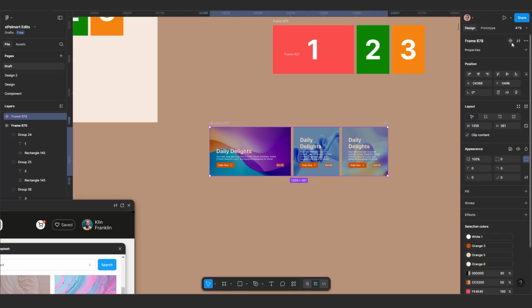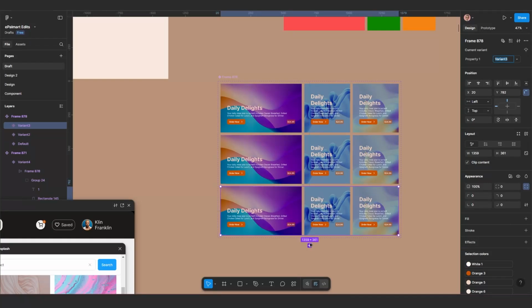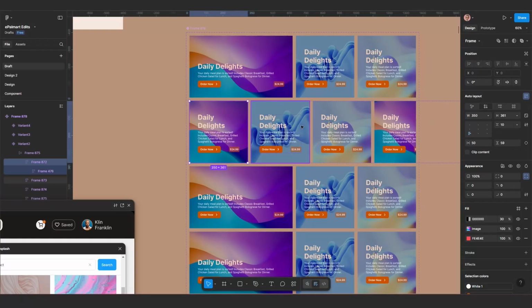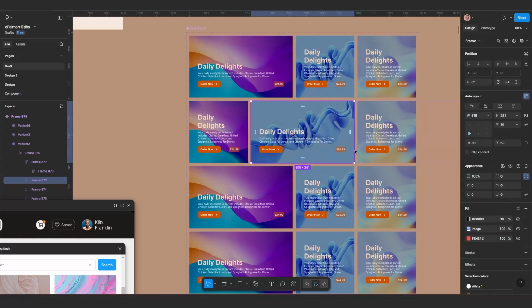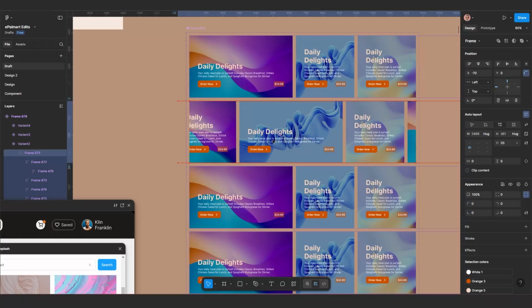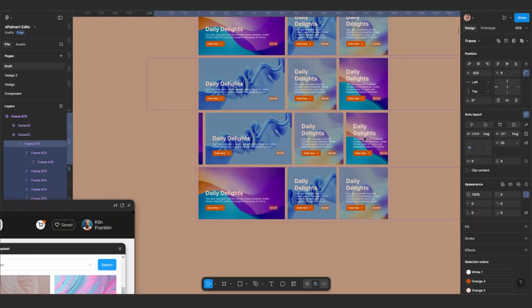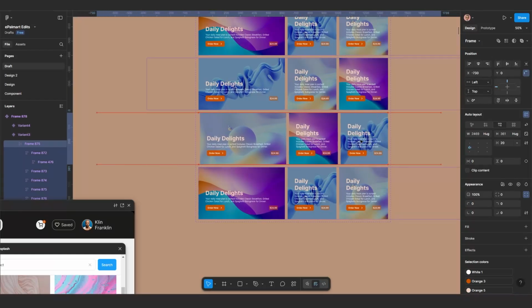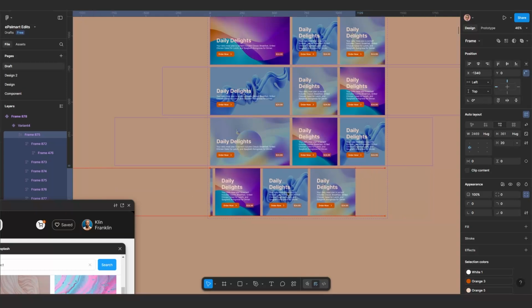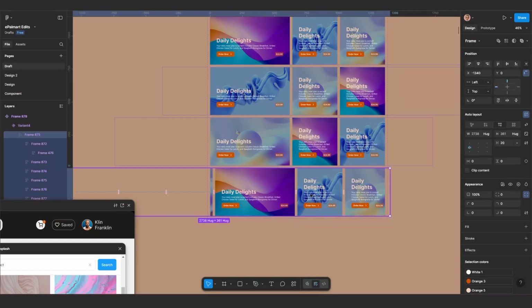You make it a component and then add a variant, make it up to 4 variants, because that's the height you're using, and take this and make it I think 619, and select the auto layout containing the 3 and move like this. Align it very well, make sure everything fits perfectly